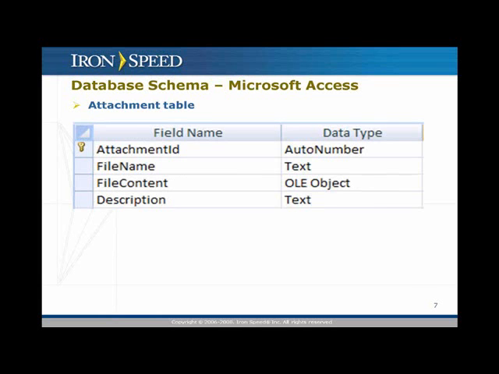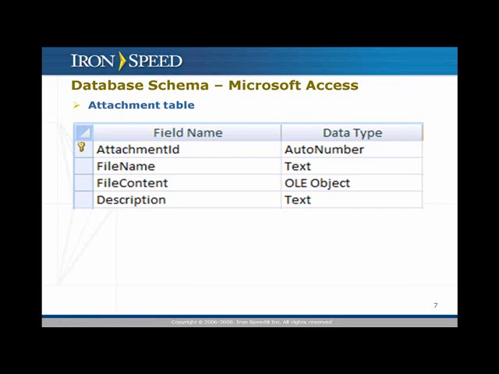First and foremost, I'm going to use a Microsoft Access database. In the Microsoft Access database, I'll have two fields that are relevant here. There's an attachment table, and the attachment table has an attachment ID, which is an auto-numbering ID field. And then the two important fields we're looking for are, first, the file name field, which is just the name of the file, about 255 characters in this Microsoft Access schema, and then